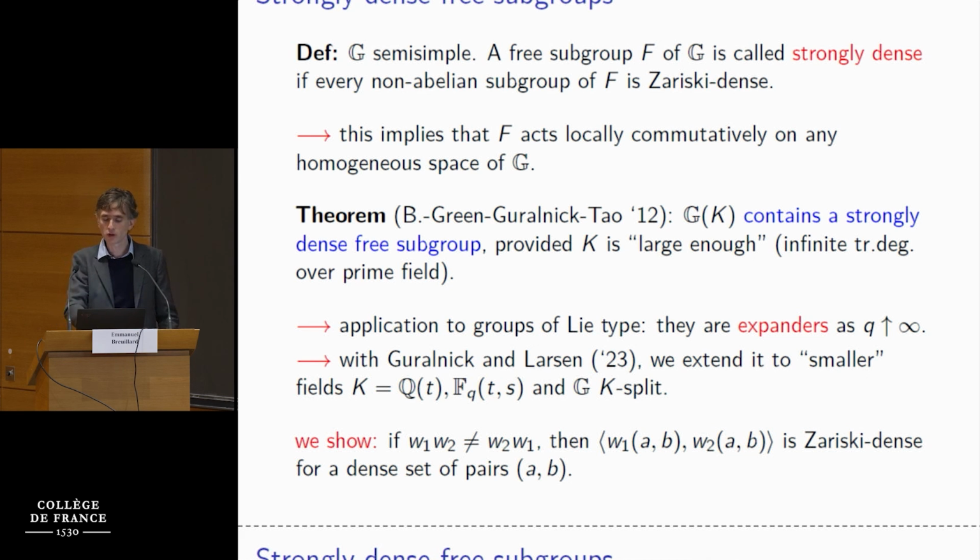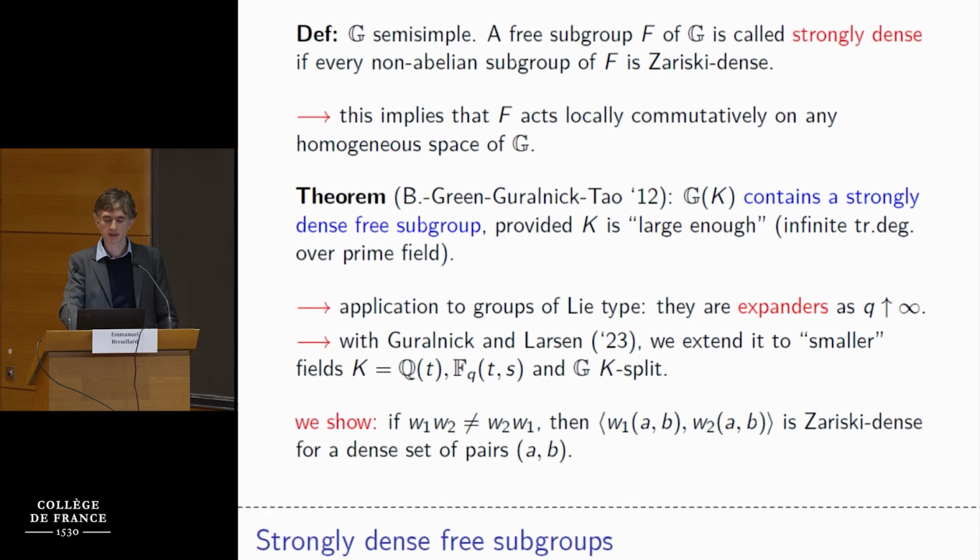So of course, if you knew that the double word map (W1, W2) were dominant, this would be obvious, but it's not the case. Usually pairs are not dominant. We don't know actually how to characterize pairs that are dominant. But we nevertheless managed to show this